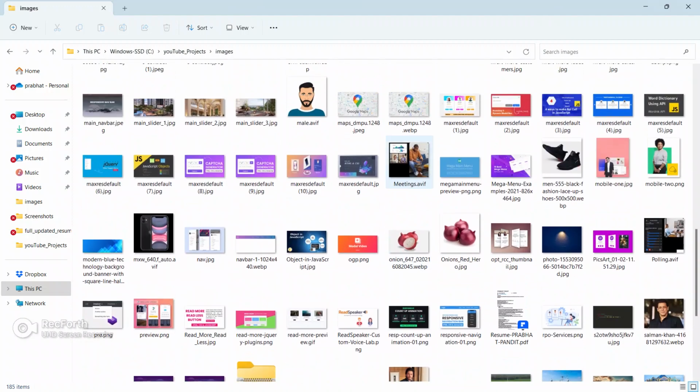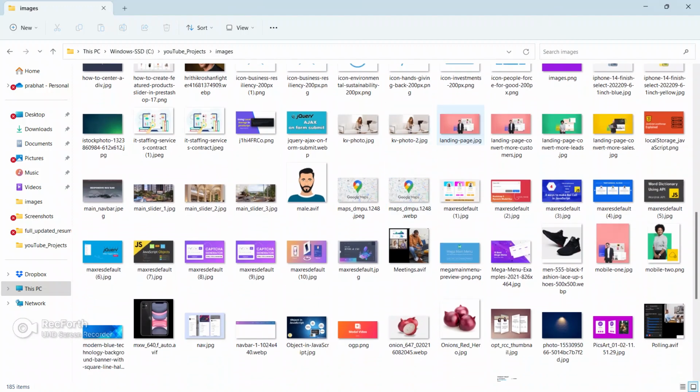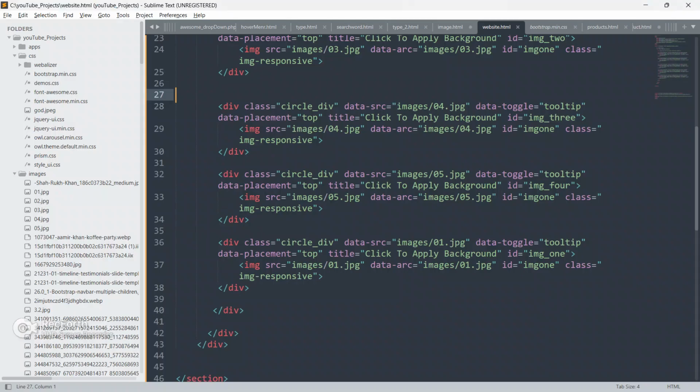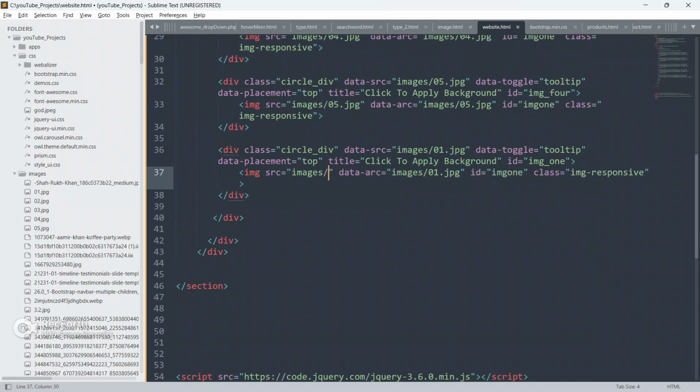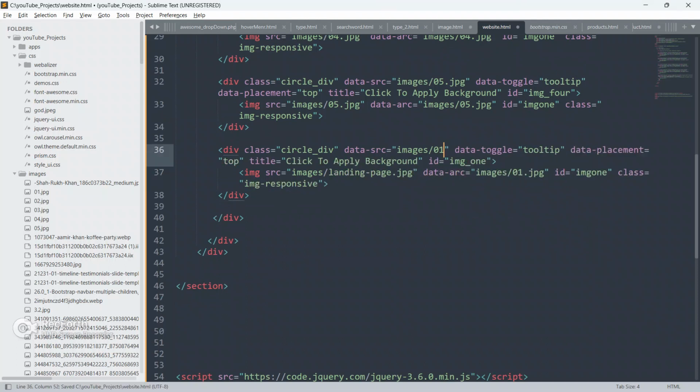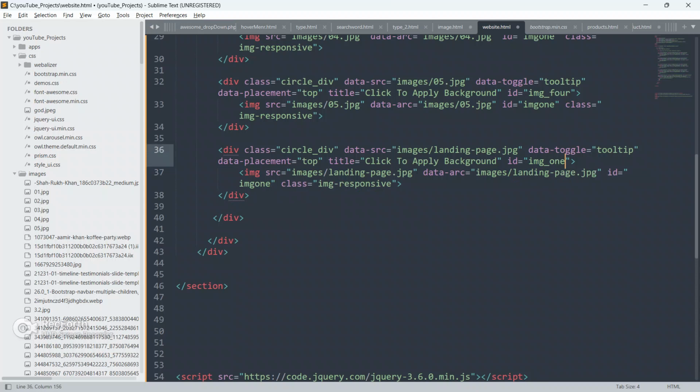Go down and we will use these images. Copy this and paste it here, here also, here also, and here also, and make this as 5.